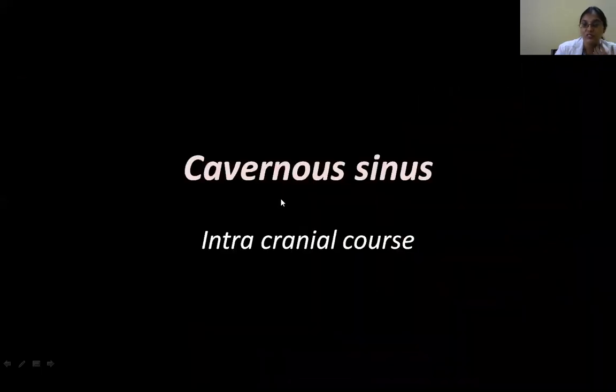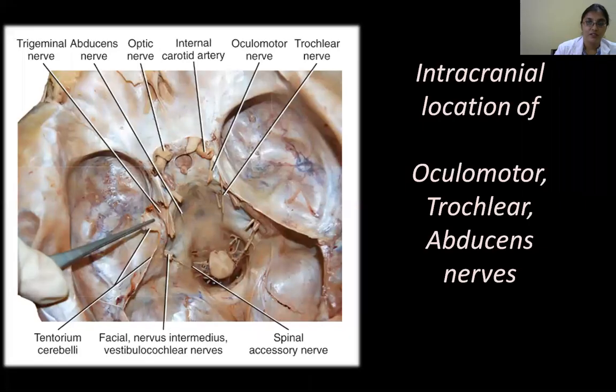And then the next important thing is the cavernous sinus. So this is a subarachnoid space. So the cavernous sinus theory class is over. So it's between the dura. If you look, this is a cranial cavity. Recently the cranial cavity osteology is completed. And here these are all the dural folds.